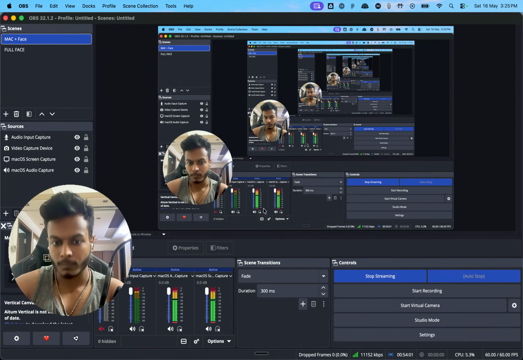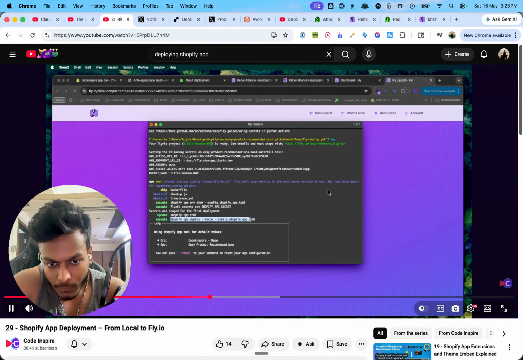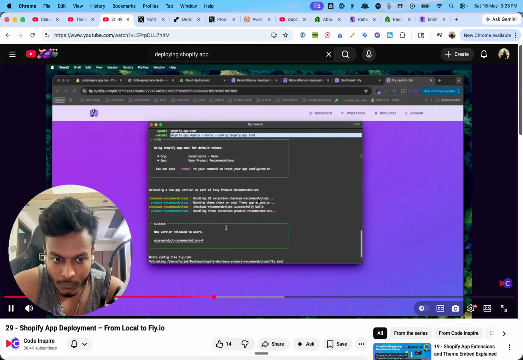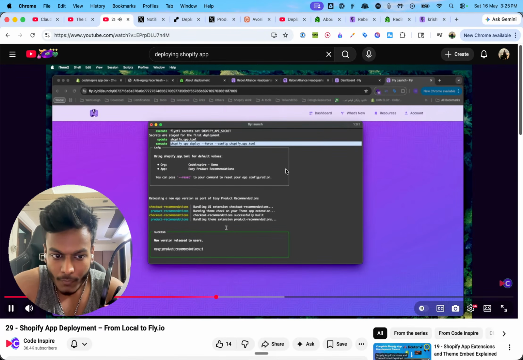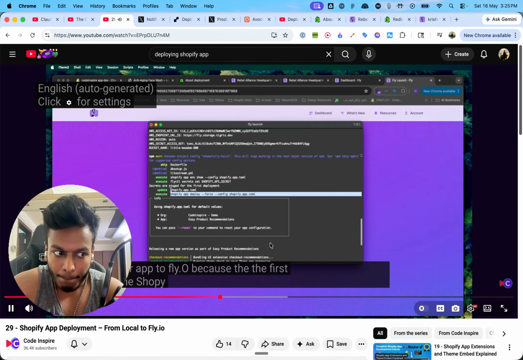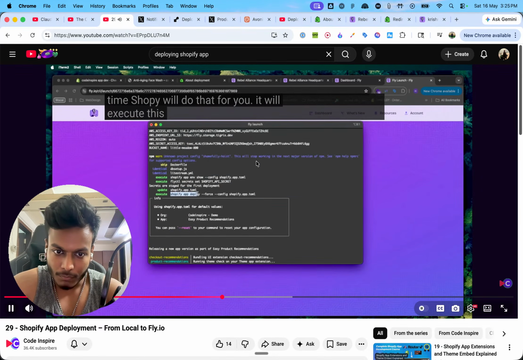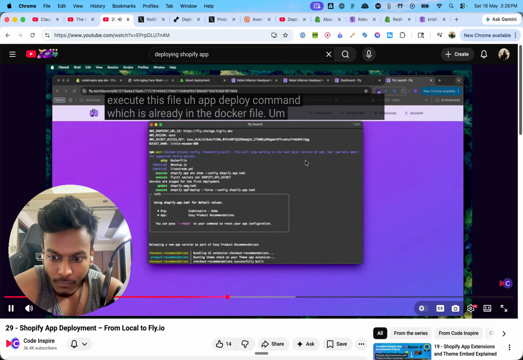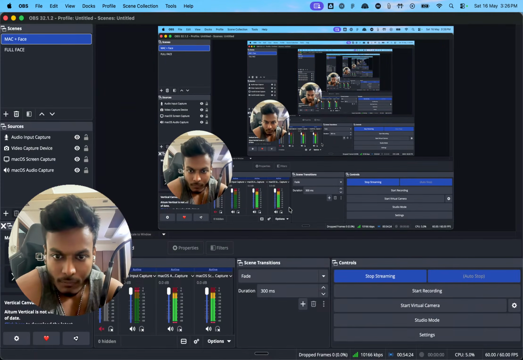For example, Shopify app deploy first is going to force the configuration that you have, which means next time you don't have to deploy your app in Shopify and then deploy your app to fly.io, because the first time Shopify will do that for you. It will execute this Shopify app deploy command, which is already in the Docker file. Okay, it skipped the